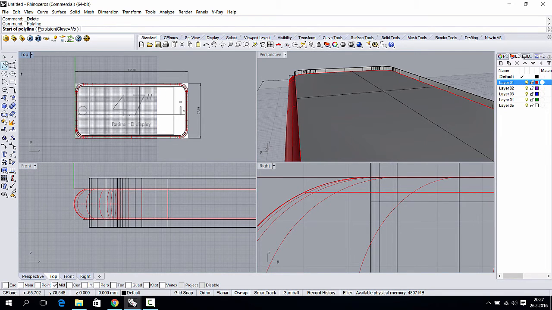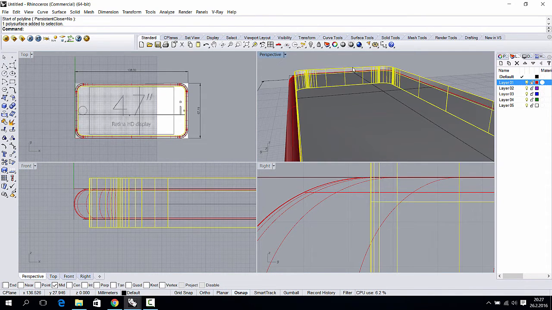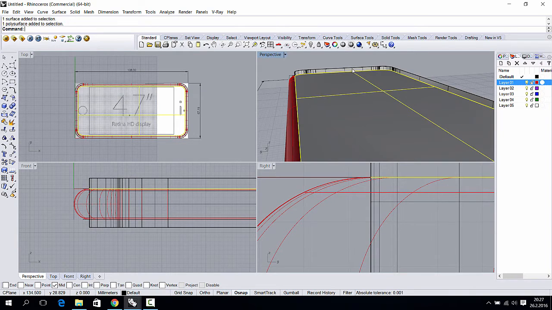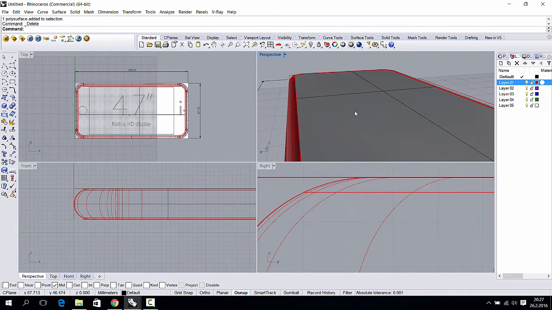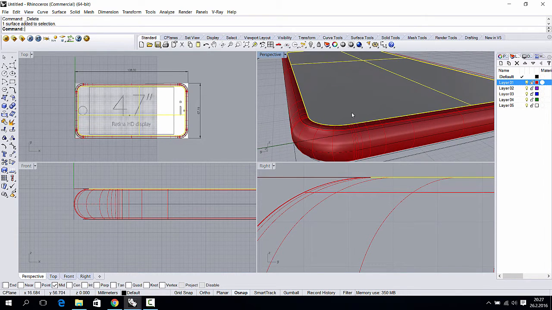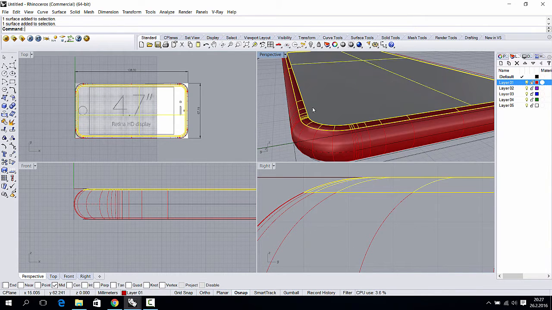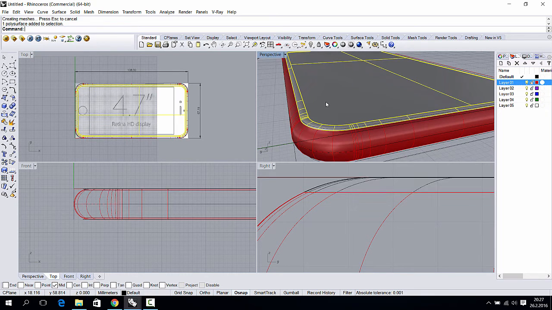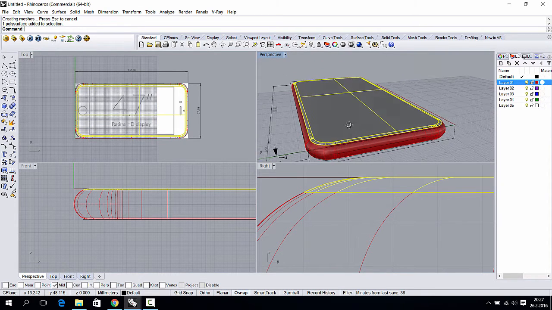Oh, we don't need this part anymore, so you can delete that one also away. Or do we? Maybe not. And let's try if we can join these together. Yes. So now we have the